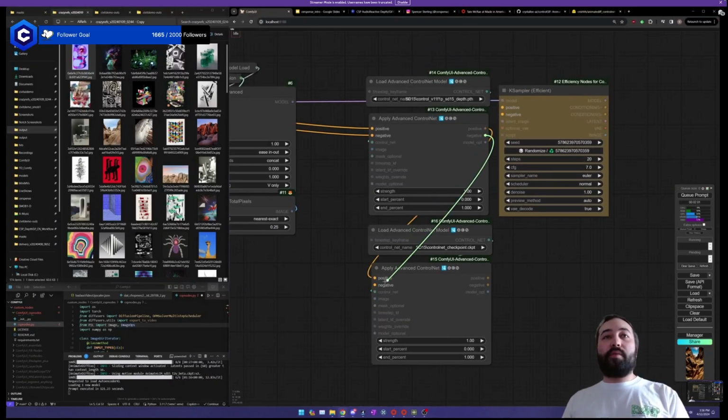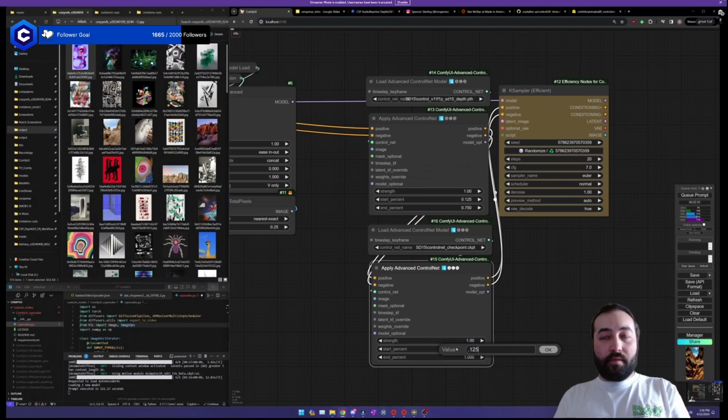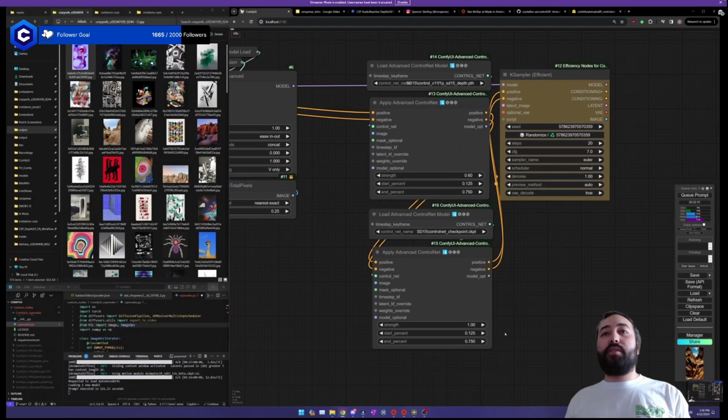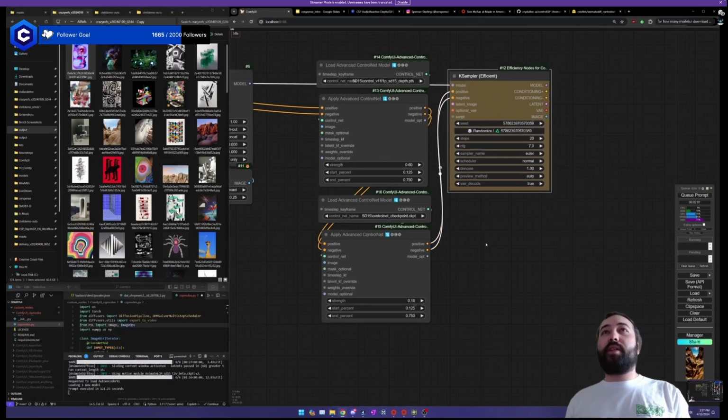So I'm just going to hook up the rest of this control net here. It starts with the depth, then we're going to go to control GIF. And for LCM, I like to do the start percent at 0.125 for these and end at 0.75. For the strength, I'm gonna crank up the depth pretty hard on this one because I really want it to stick to my maps. But this is something I really play with a lot. And then for the control GIF, I'm gonna keep it pretty low at, let's do 0.16. It's just gonna be in there to kind of smooth things over a little bit.